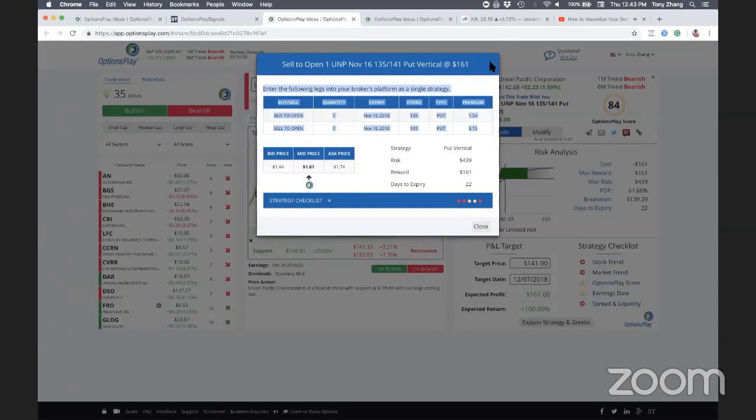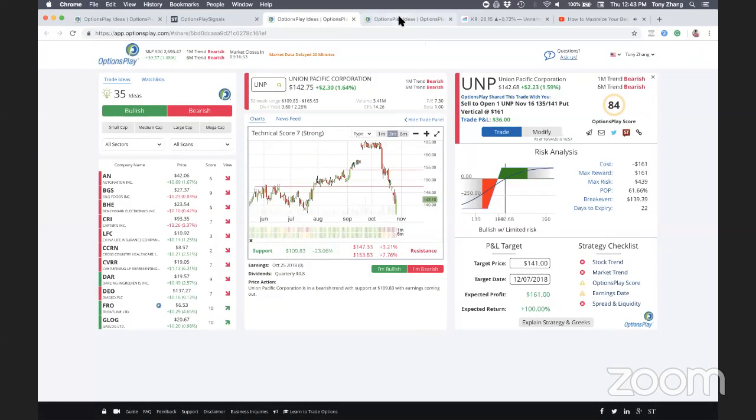So we send these out again between 2 to 4 p.m. every single day during market hours. That was the other thing that a lot of people asked us to do, is send out daily plays or trade ideas when the markets were still open so that you can execute those trades immediately.